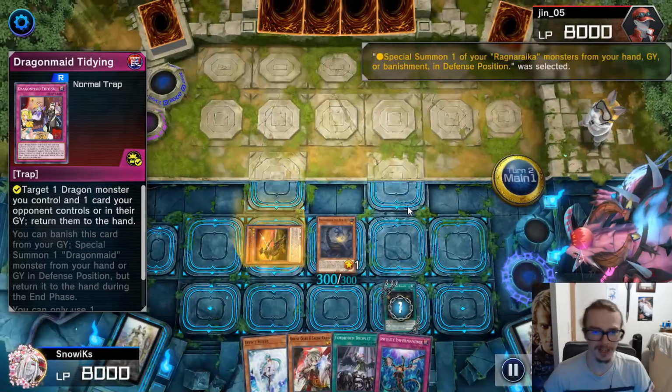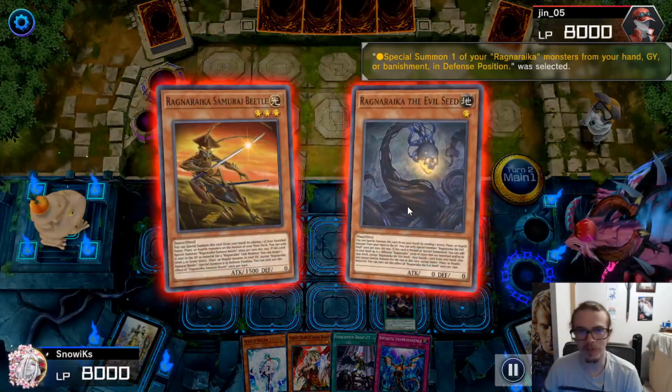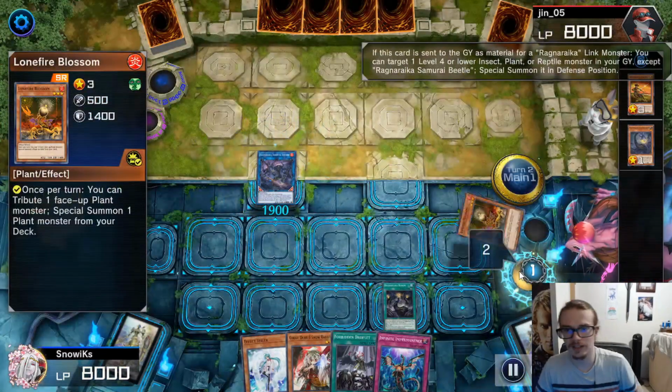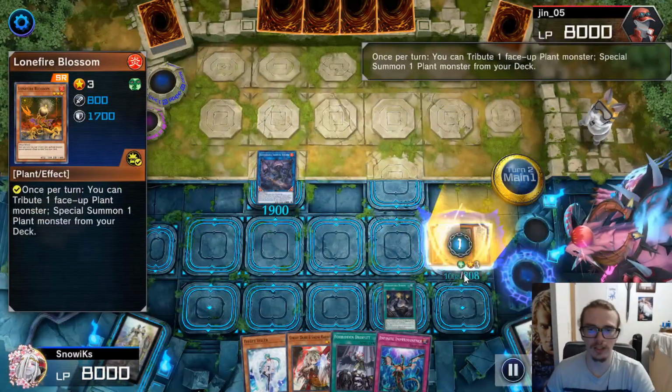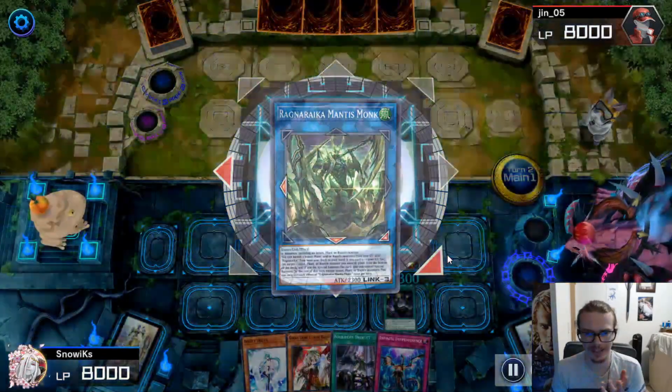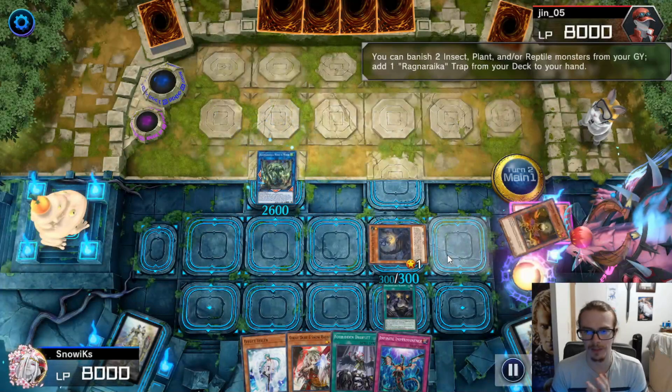I drew the Bloom, and I could just special summon him back out. So we're going to do that, and then go into the Skeleton Soldier. Here we're going to then special summon the Lone Fire, and Lone Fire is going to special summon the Rose Girl, and then we're going to special summon back the Ragnara Seed, which will then allow us to banish 2